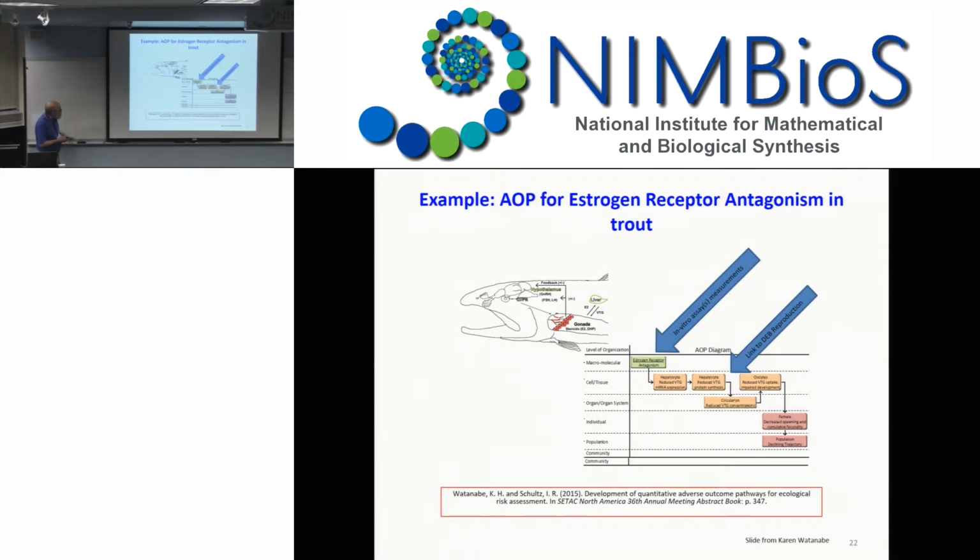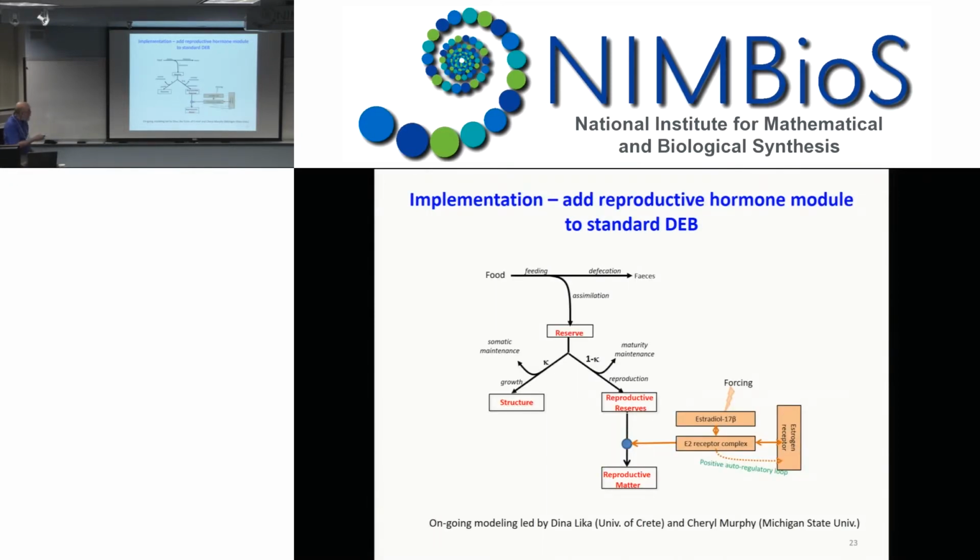This is a characterization of an AOP associated with an endocrine disruptor that is relevant for some fish, including trout, and Cheryl and Dina Lika in Greece and a number of others of us in the group are working in a study that takes the DEB model and then couples it to a simplified quantitative characterization of the